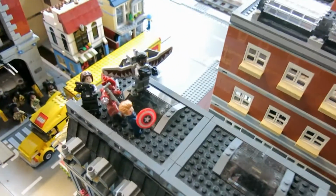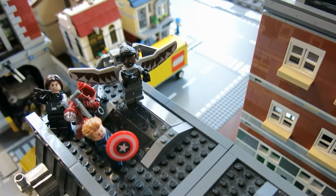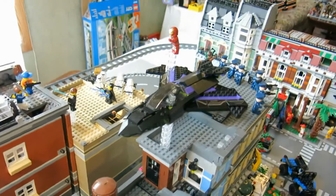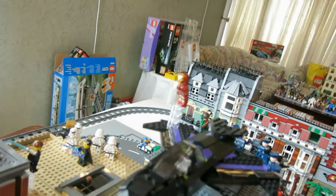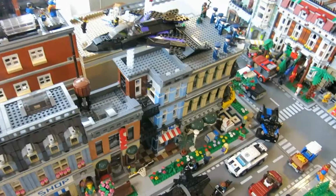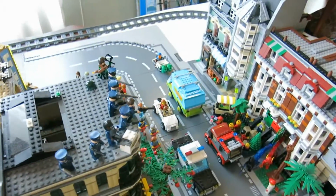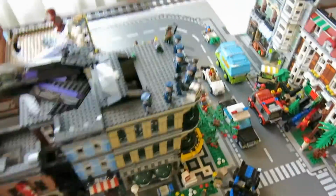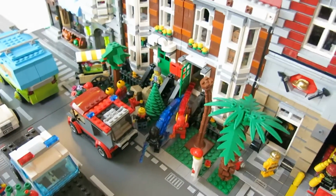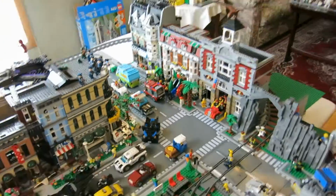So here we have Captain America, Bucky and Falcon here. And they are trying to take out, or Black Panther and Iron Man try to take them out. So it's a little civil war here. So here we got also some police guys, so we're coming back to them. And here we got also Flash and Zoom. So if we go more here